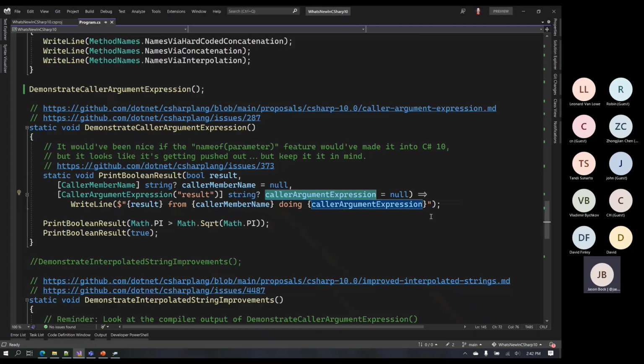So what the C# compiler does is it looks at what was passed into this parameter and takes that code and puts it into this parameter. And so that's why you saw that being printed out in the console window here. You saw this code being printed out, and then you saw literally the word true being printed out.